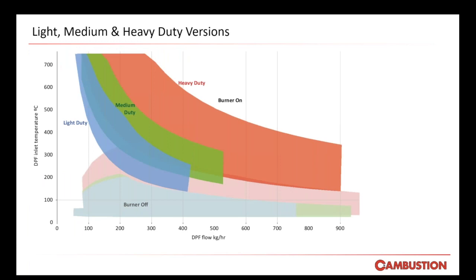We're going to touch on different DPG versions. So we offer many different flavors of DPG: light, medium, and heavy duty DPG versions. They differ mainly by their fuel flow range, heater power, cooling capacity, and price. This affects the temperature that can be achieved at a given flow. What can be seen on the graph